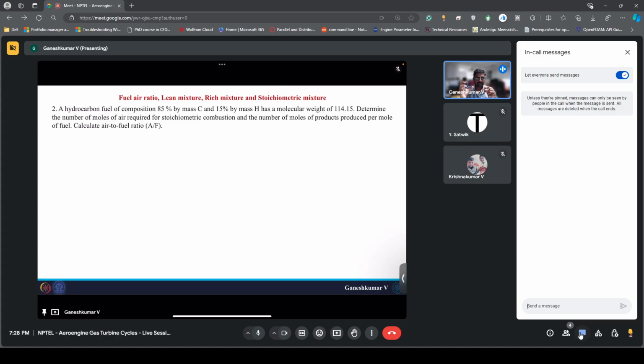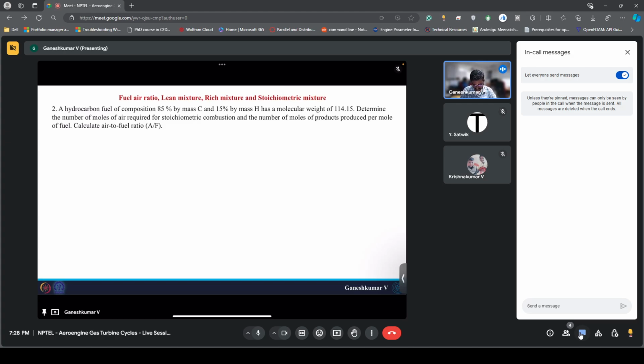Okay, so let's say if I burn a mole of fuel, what are the different products I will get? What is the number of moles of those products I will get, is what they are asking. Also, they were asking us to calculate the air to fuel ratio, which we will get. Okay, so this stoichiometric combustion does not really happen in any of the combustors in real engines, but just to give you an idea,